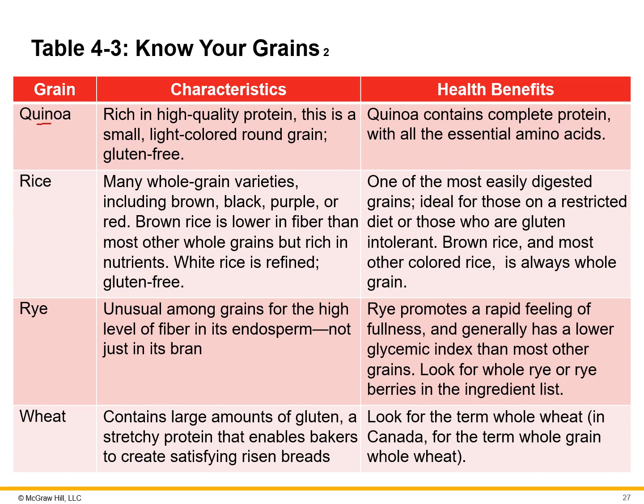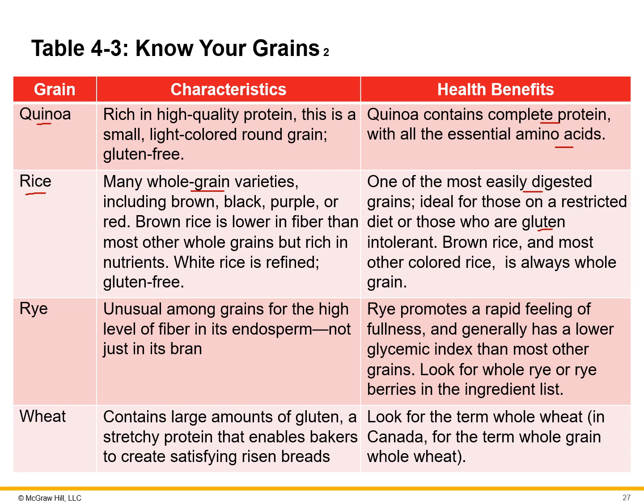Then a few others, quinoa, again, some different foods may have this. Again, it's a complete protein, has lots of different amino acids in it. Rice, so many whole grain varieties. Again, you have to watch. So again, this would be more brown rice, not white rice, same as our bread. But this is one of the most easily digested grains, so it's good if you need to restrict that gluten